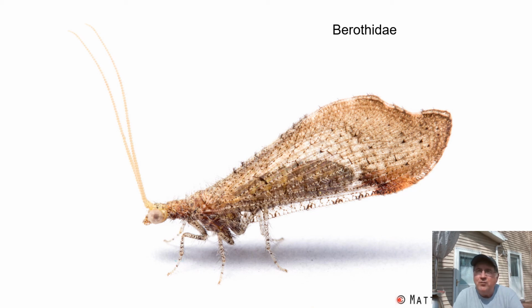I don't want to overgeneralize. There are some species, particularly in the genus Lomamyia, in which the larval stages are specialized as termite predators. So what the larvae do is they feed upon termites. It's been suggested that they may actually also emit chemical cues to attract termite workers to them,